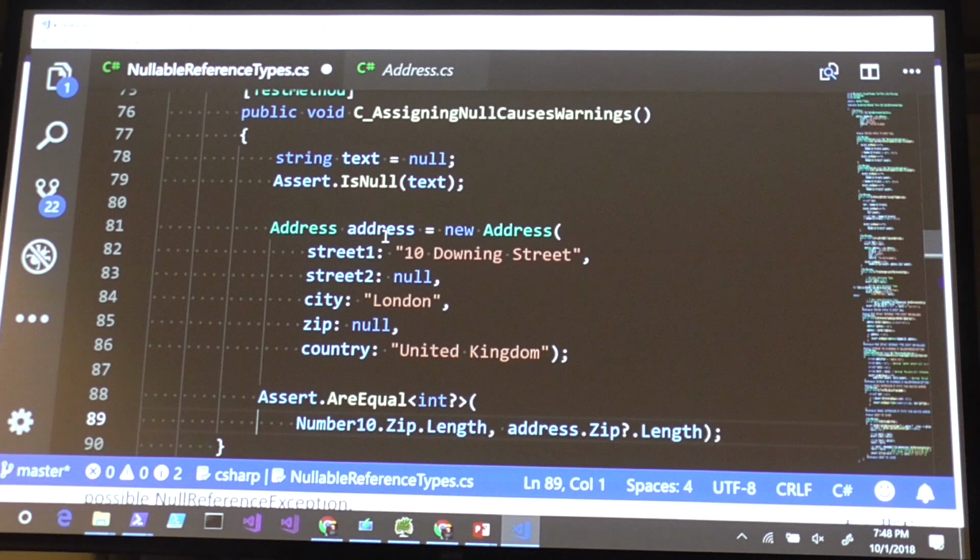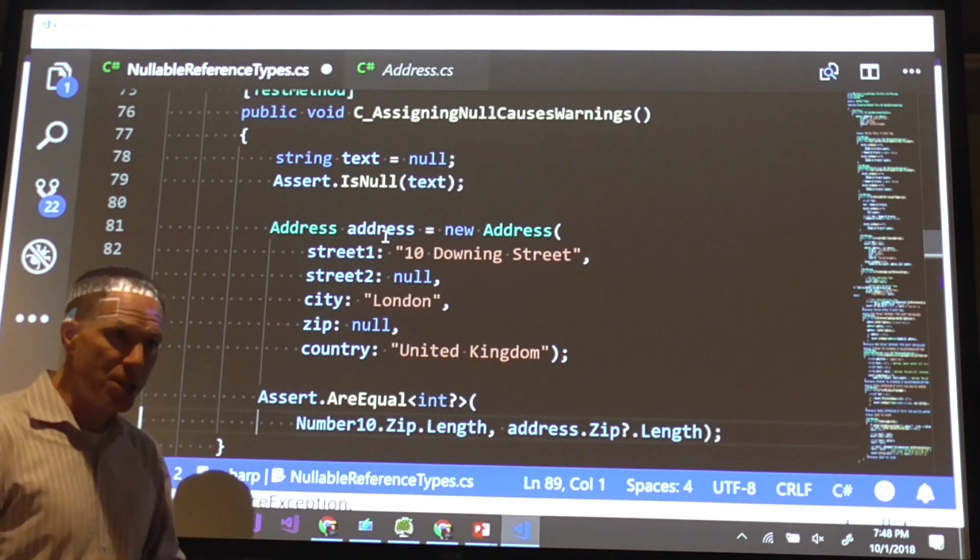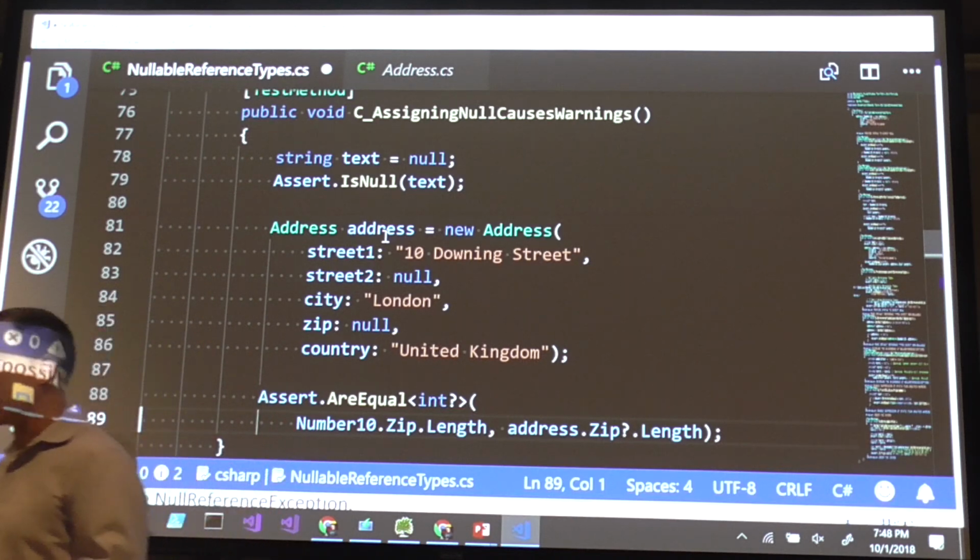First of all, on existing projects that you upgrade to C# 8, this feature is